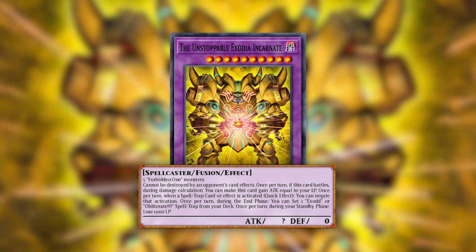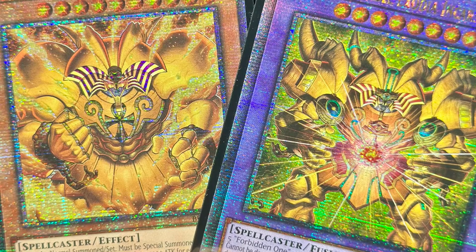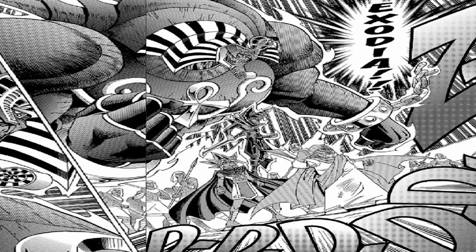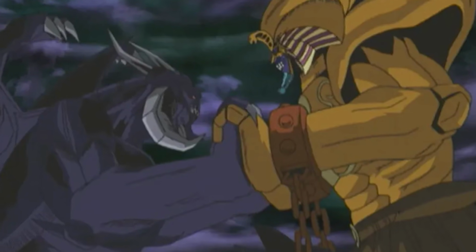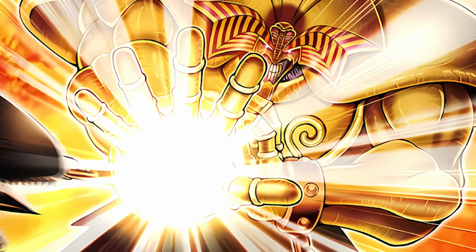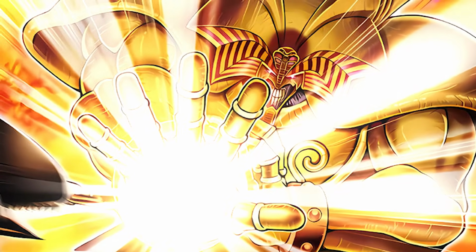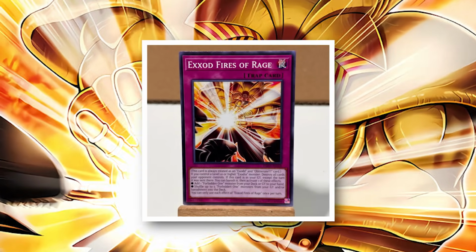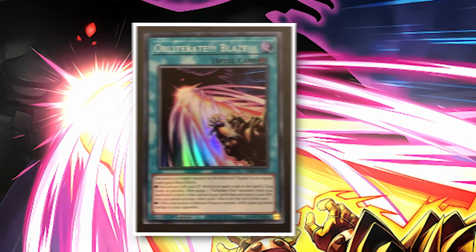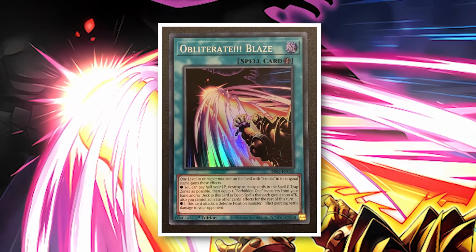And this card could negate any spell or trap card once per turn, as well as gain attack equal to your life points, which was a bit of a callback to the lore in the anime where it's summoned to fight Dark Master Zork, and was based on Grandpa's life force energy. The card itself could also set a copy of Exiled Fires of Rage, which destroys your opponent's entire field, or Obliterate Blaze, which would let you equip all 5 pieces of Exodia to the fusion monster and then gain 10,000